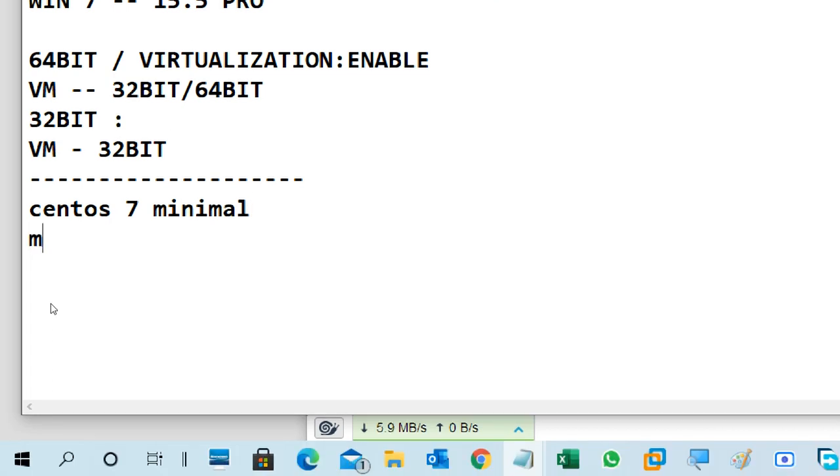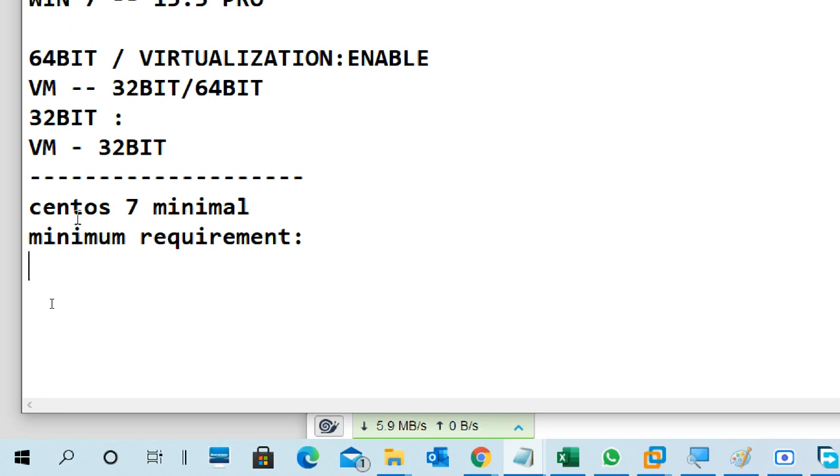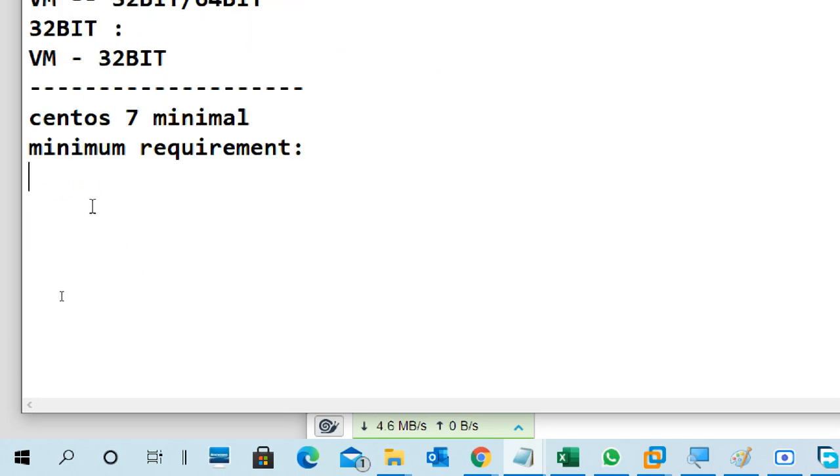What are the minimum requirements to install minimal? Minimal means it has no GUI, no graphical user interface at all. It depends upon your packages and what kind of things you are installing, and based on that you choose your RAM.